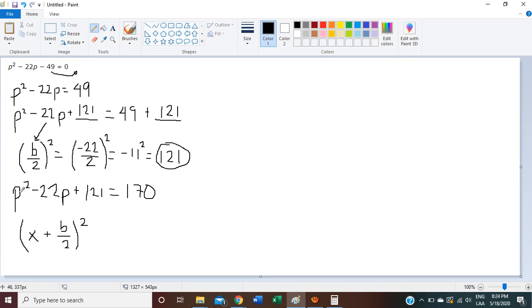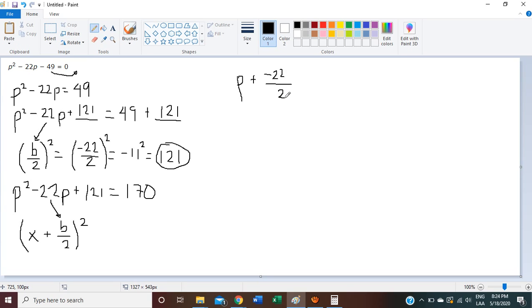So the x is our variable, so we're going to write our variable right here, but without the square, without the exponent. Plus b, remember in this problem, b is negative 22